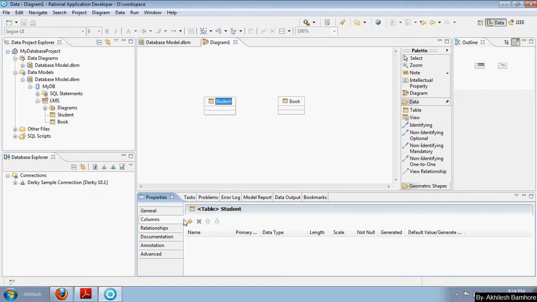Click the column tab. This icon will help you to create new columns. I am clicking it and I am going to create a column. Provide a column name like branch. Now set the primary key.